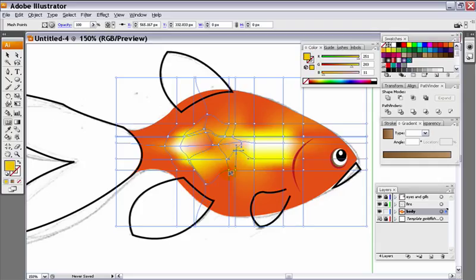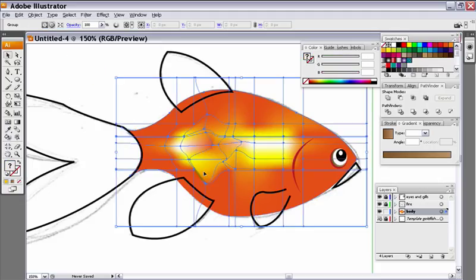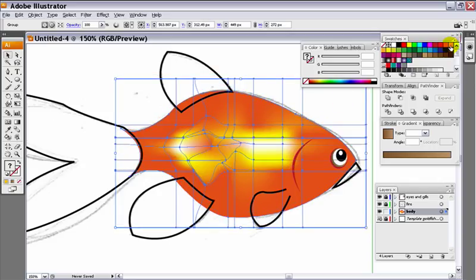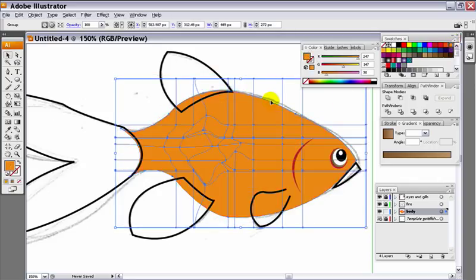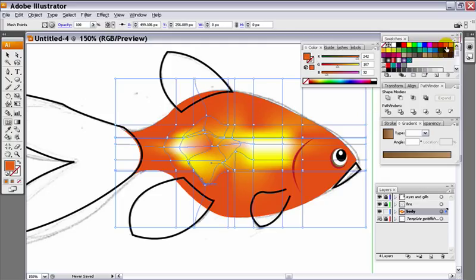Make it look a little more organic this way. Let's bring this back to orange. Oop. My gradient tool. This point right here back to orange. It's a little